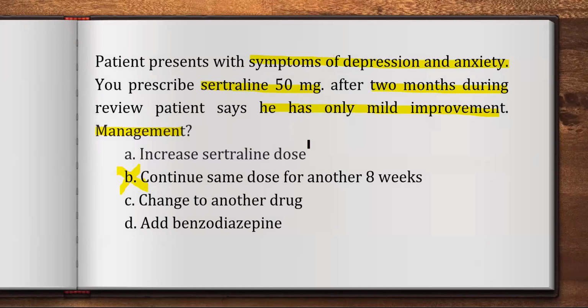So in here, remember one thing: the sertraline, we start with 50 milligram normally, but in 5 to 7 days' time, we increase the dose to 100 milligram. And patient usually continues to take 100 milligram, not 50 milligram, for 2 months. So the patient is already getting a lower therapeutic dose. So you should obviously increase the sertraline dose here. Maximum dose that we can give is 200 milligram sertraline.